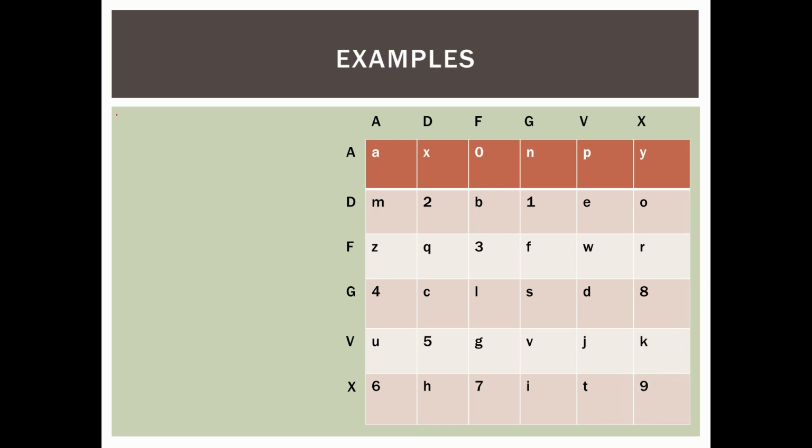So suppose first of all you will have to take the plain text as input from the user. In this case I am taking the plain text as hello, not the conventional hello but somewhat different from it. I will explain the reason for writing it like this. As you can see, I have written one extra W at the end of hello. I am doing this for a purpose. You will get to know that in the latter part of this video when I deal with the second example for this ADFGVX cipher.